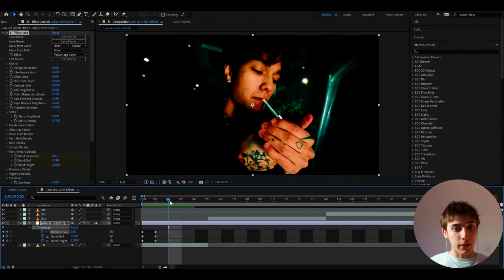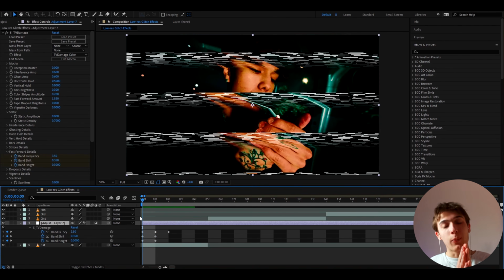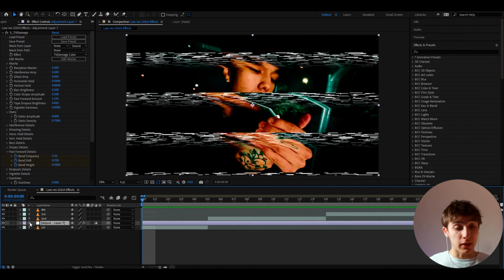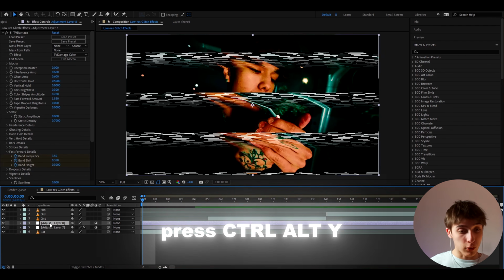And yeah, just mess around a lot with these keyframe values. But to make it look really good, it is really hard. As you can see, I'm just messing around and it just does this, which is already a pretty cool effect. But if you were wondering how already pre-made glitch effects look, well, you can press Ctrl+Y, uncheck the layer we had,